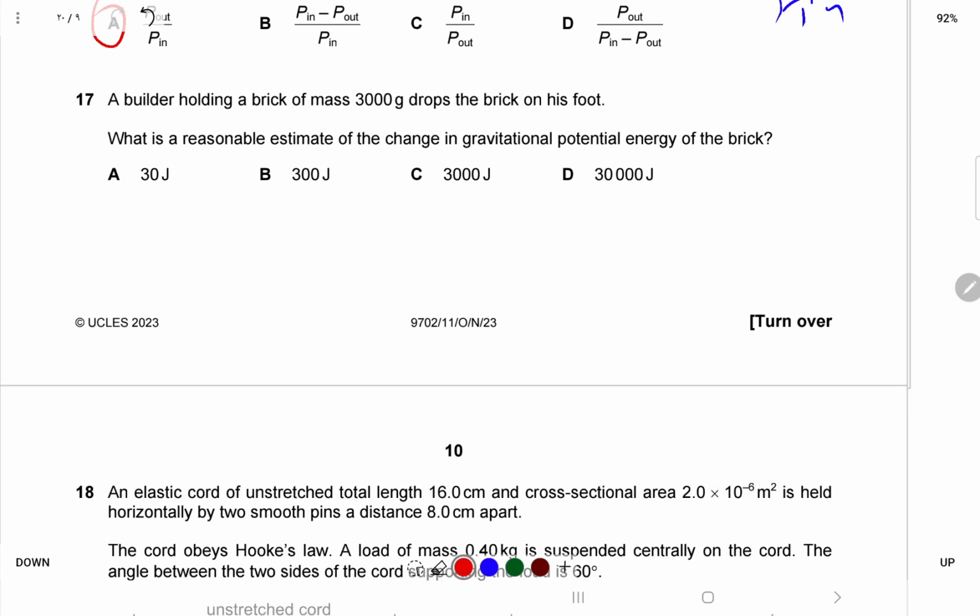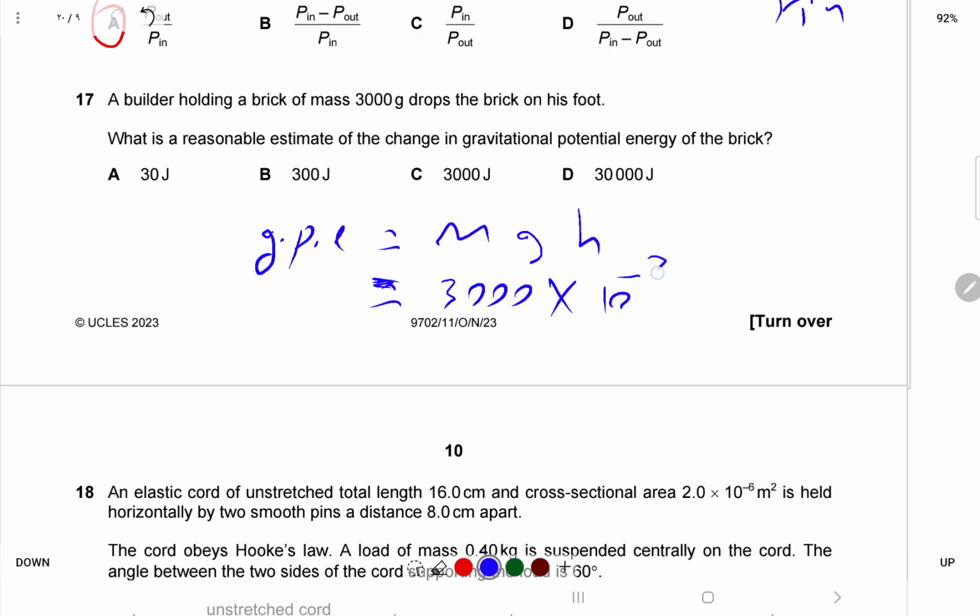17. A builder holding a brick of mass 3000 grams drops the brick on his foot. What's a reasonable estimate of the change in gravitational potential energy? This is super easy. GPE is equal to mgh. The mass is given, which is 3000 times 10 to the power of negative 3 times 9.8 times